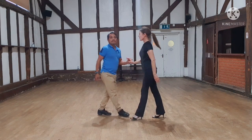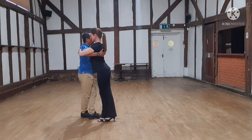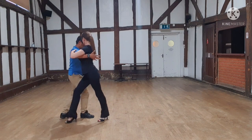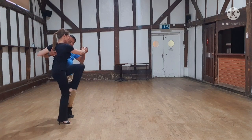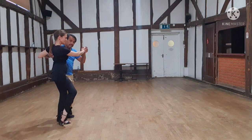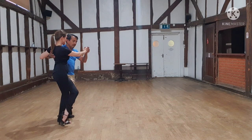Okay. So followers in the cruzada, once the leaders lead you to the first forward ocho, you do your latigazo, you do your boleo, bring your left knee up in front and lower your left foot slowly down to the floor. Okay. Now once leaders, you've seen your partner in this position, we are now going to lead the doble